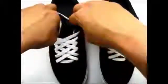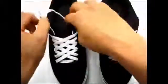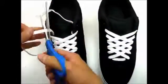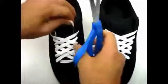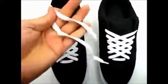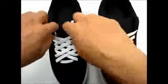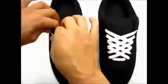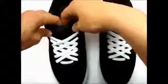Alright, now at this point I usually leave an inch or so just for adjustments. If you need to loosen or tighten your lace for any reason, you can go shorter if you'd like to. I don't suggest it. You don't feel this inside anyways. You get rid of all your extra lacing. Rotate these down in, pull on the outside here. I'll put a towel